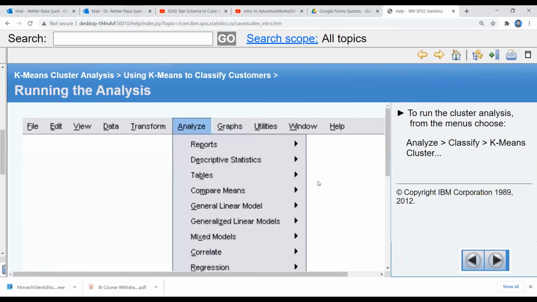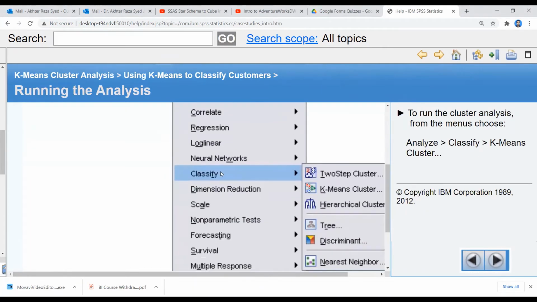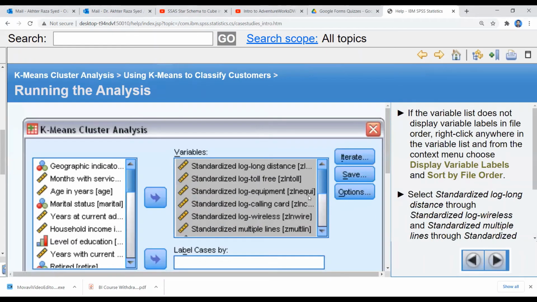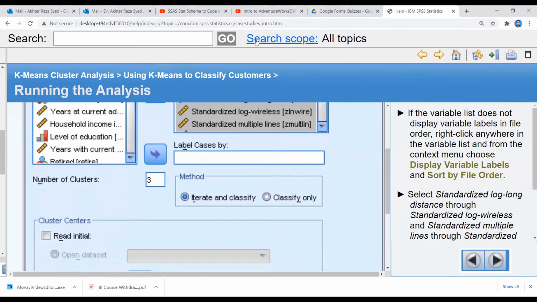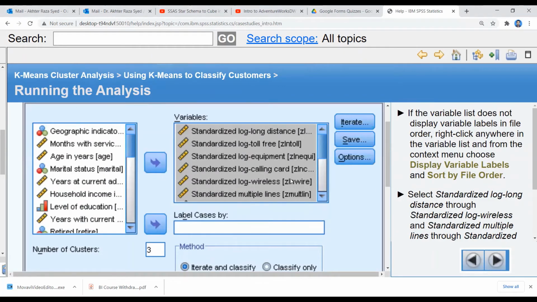Now to analyze the data, we have to click on Analyze and Classify. There are three methods of clustering: two-step cluster, k-means cluster, hierarchical cluster. I'm using the k-means cluster here, and then click next. All of the standardized variables are to be used as variables, and there is no option of a dependent variable in cluster analysis, because the class variable or dependent variable is not required.